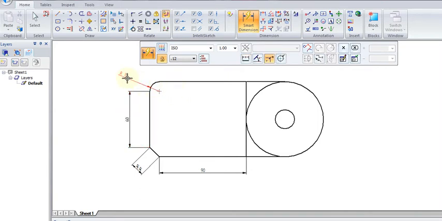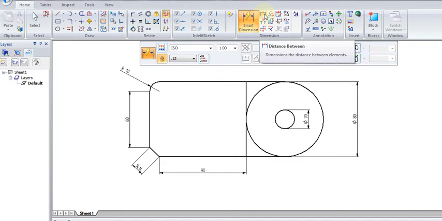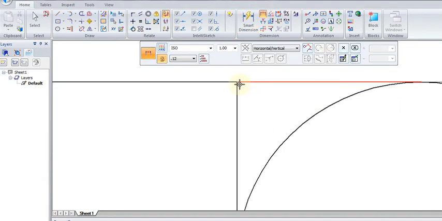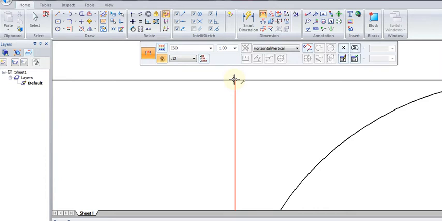Left click, radius of 10. Left click, diameter of 80. And left click, diameter of 20. Let's use a distance between tool, and now let's say that the distance between this point here, this end point, we see the end point indicator come up,